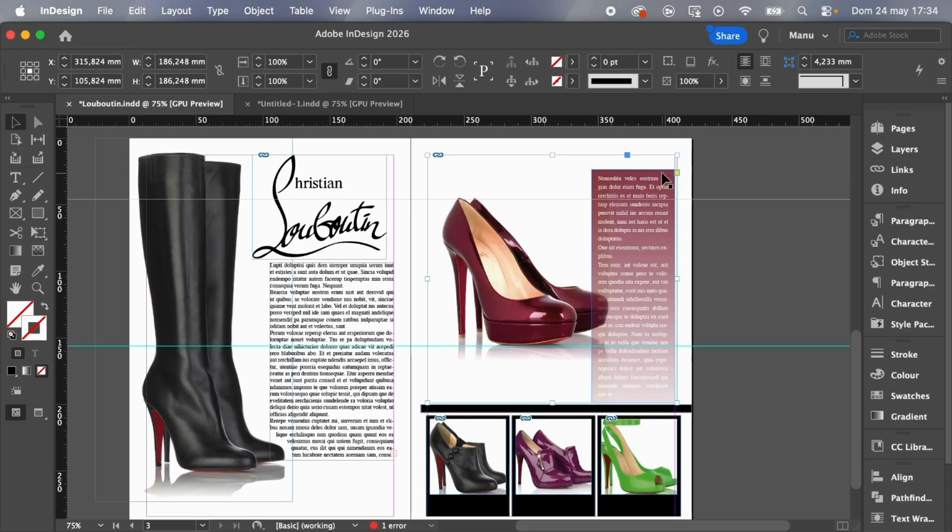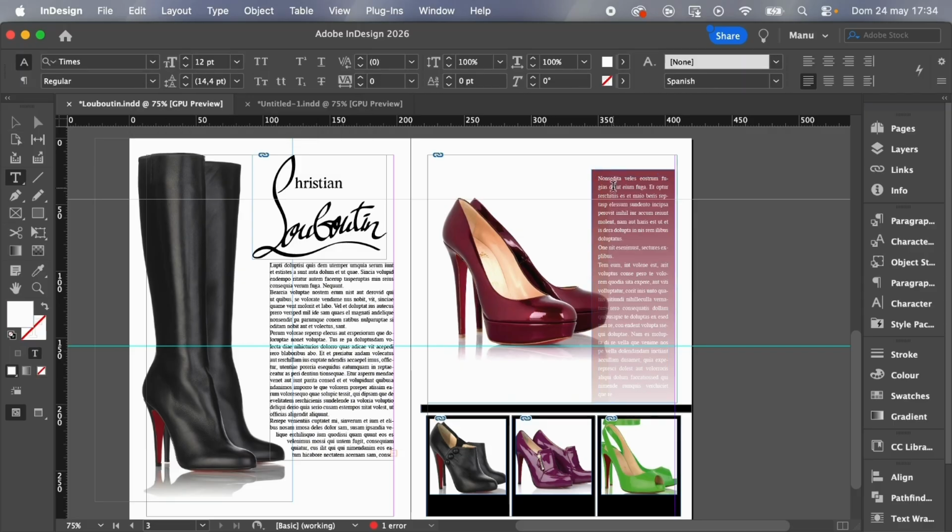The final step is to place this text box with the effect of gradient feather. So the text box has 62 millimeters width and 175 millimeters high. The typography, again Times Regular 12, leading 14.4, in white.